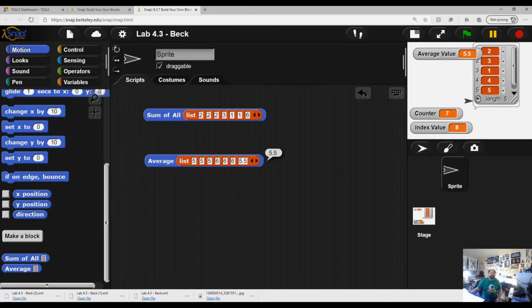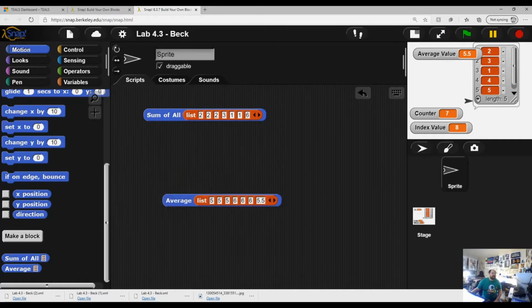Or sorry, 5.5. That does make sense. So, and in all truth, it works out, and we actually get 5.5. So it does look like this next reporter block that we actually did